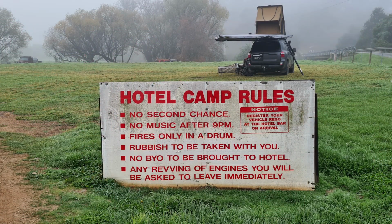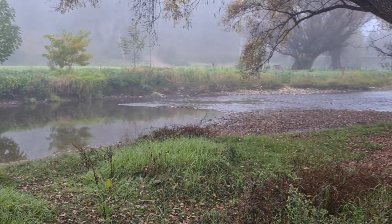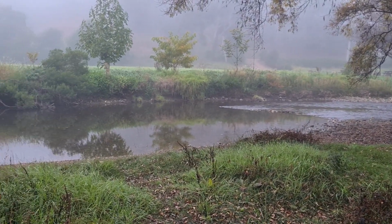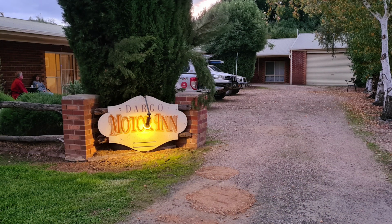There's great camping behind the back of the pub on the Dargo River. It's a $60 deposit, which only costs you $10 because once you return the key to get in the gate, you get $50 back. If you're a bit of a softie, you can stay here at the Dargo Motor Inn,